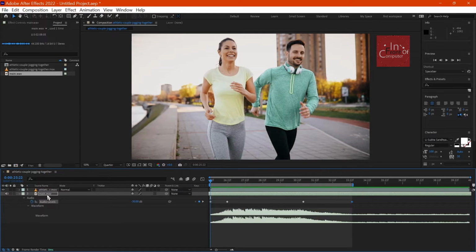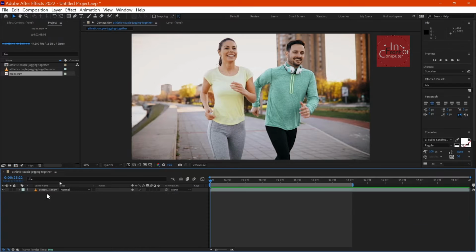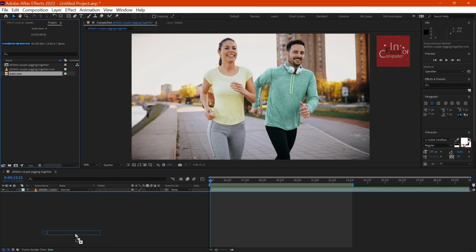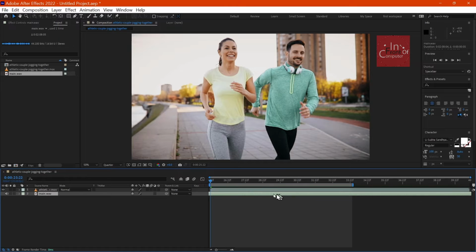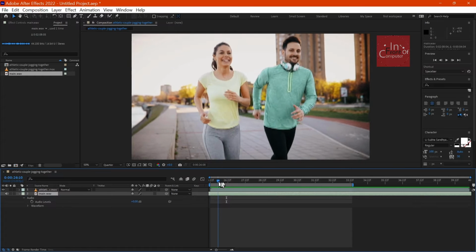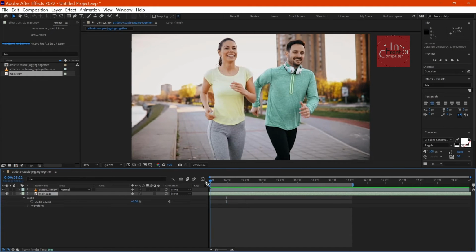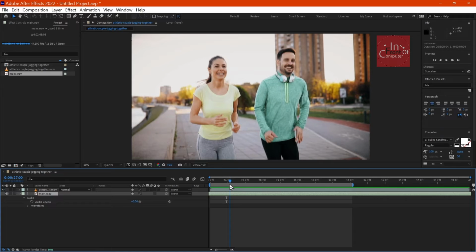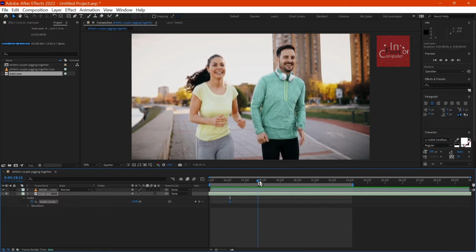Okay, how to do that? Okay, let's delete this one and add it again, and this time we just move this point here, and this time we want to add the keyframe here, not from the beginning, so that we don't have to set this keyframe again. So if I want to add the keyframe, just click this clock icon,